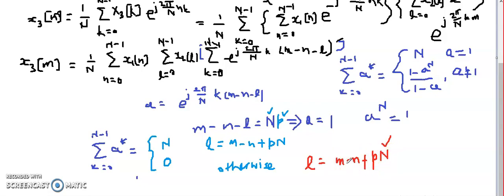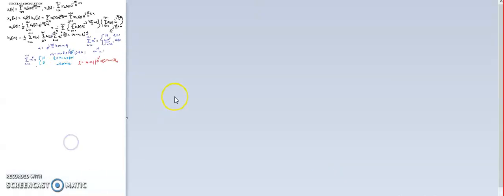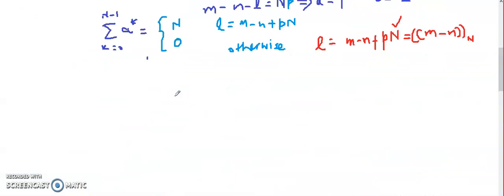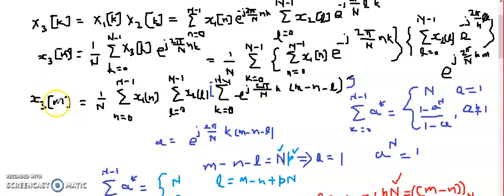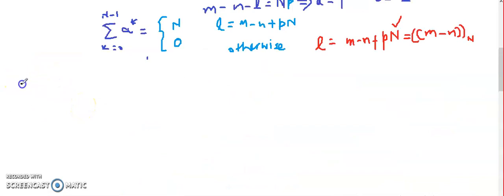This L can be written as (m minus n) within brackets like this, with the subscript N. Okay, we can write it like this, so that if we substitute this into this expression, we will get it to be